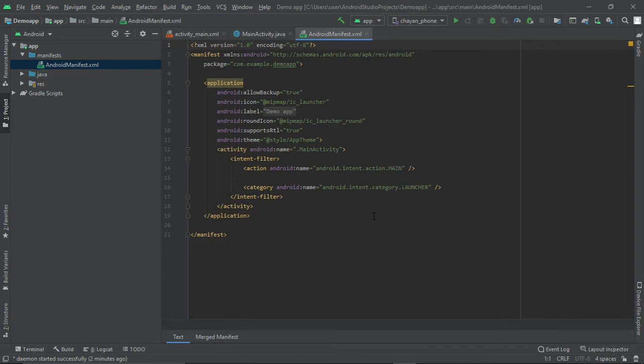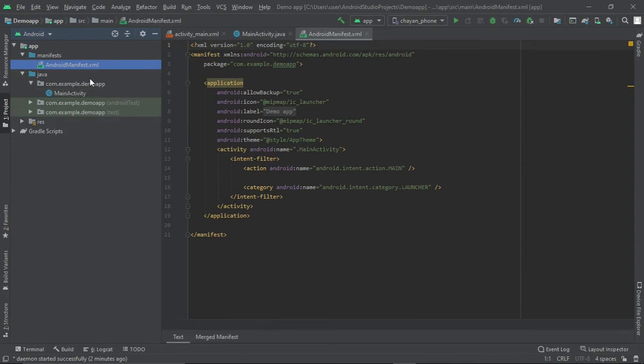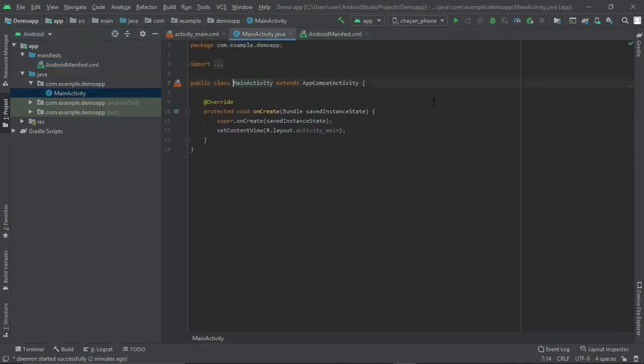Then after manifest, we have the Java folder. As you can see, Java folder. For the time being, ignore these two test folders. Here we have one important file, that is main activity. Inside, this is the package, and this is the file main activity. So what is its purpose? Its purpose is to handle the backend of the app, which means, okay, before activity main,